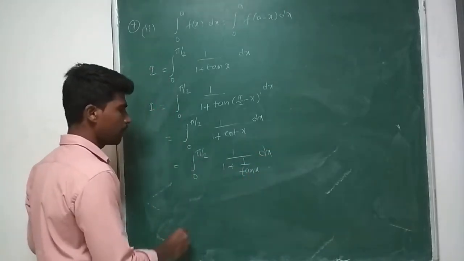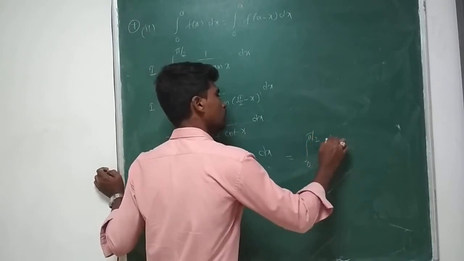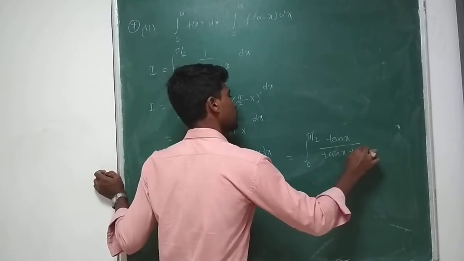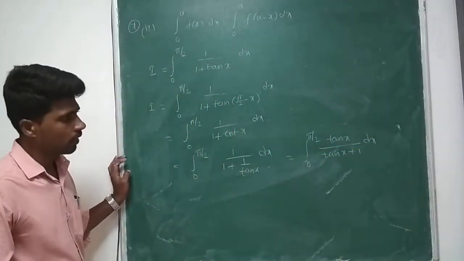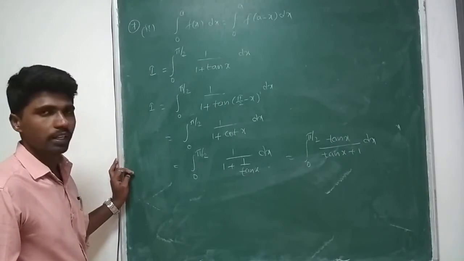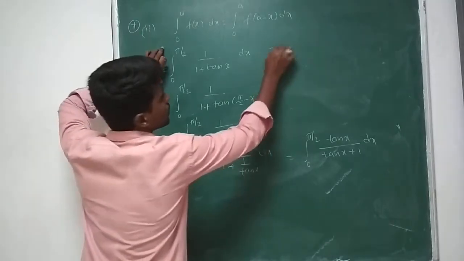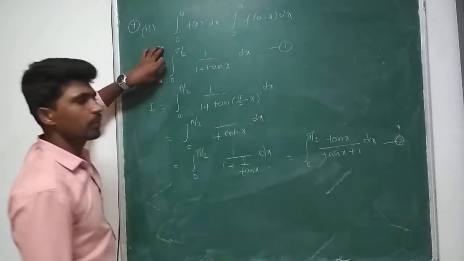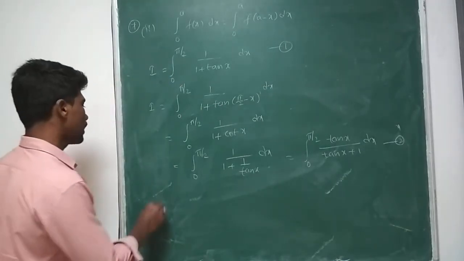Take LCM and simplify. We get integral 0 to pi by 2 of tan x by tan x plus 1 dx. Now the given one is equation 1, and what I got is equation 2. Add equation 1 and equation 2. So what we get? I plus I is equal to,